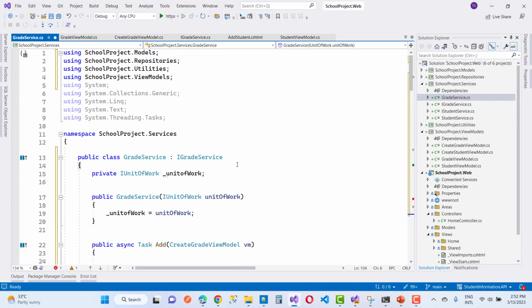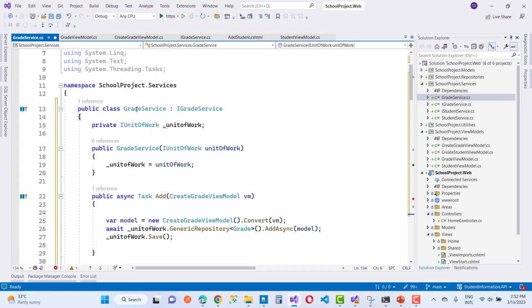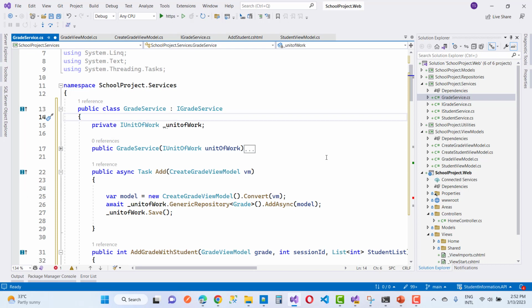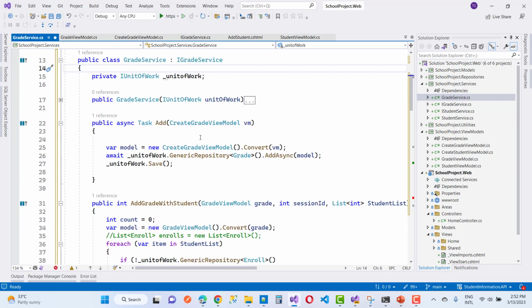One by one I will walk through the grade service. Here we have a grade service, and that is implemented by the IGradeService. And you know that private unit of work, by using the unit of work you can add and delete grades. So a unit of work in the grade service. Just initialize the unit of work. Now, if you want to add a new grade service by using the CreateGradeViewModel,